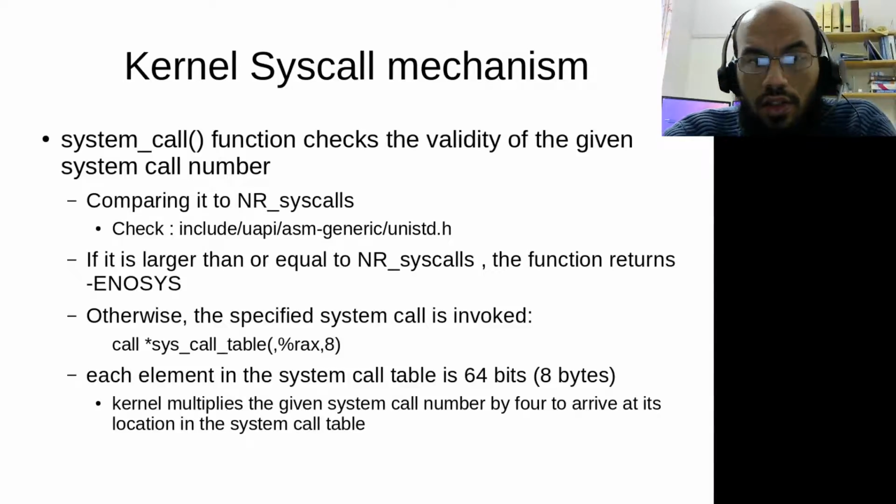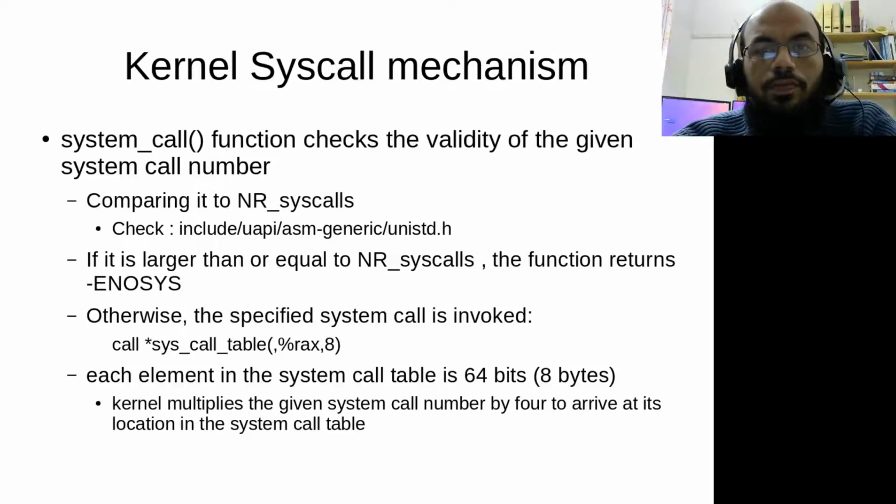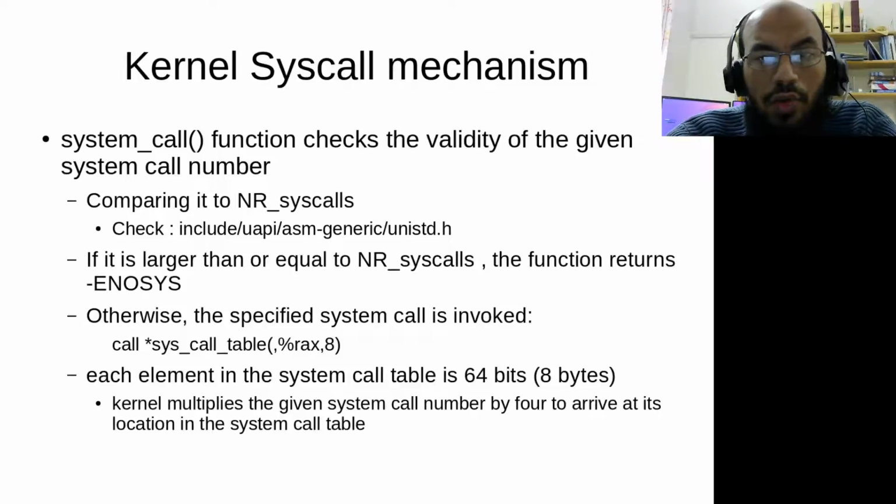Again, let's continue with how the mechanism works. You check basically the validity, and once you have that, you're done with the architecture-specific stuff. Is that a system call, or is that an exception due to some hardware interrupt, or is that exception due to the user space trying to call a system call? Now you know that you're in the system call, then the system call function compares the system call number